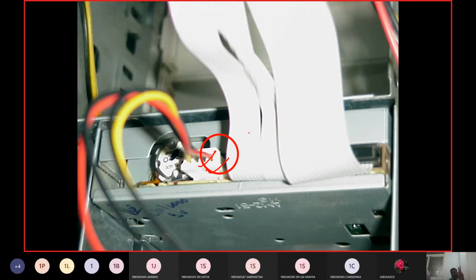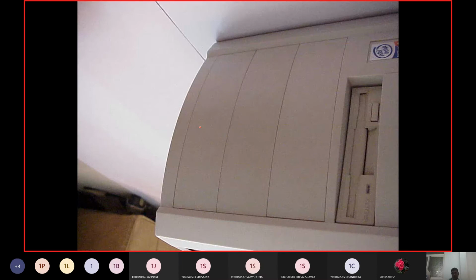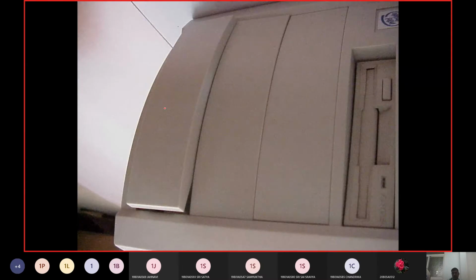So two things we have to take care of. One thing, it should be used for data transfer, to and in or from and to, whatever it is. Second thing, if that device has to be operated, it needs some power. So for that, we are going to give this with a cable. In general, it will be plus 5 volts, 12 volts, or some grounded connection.